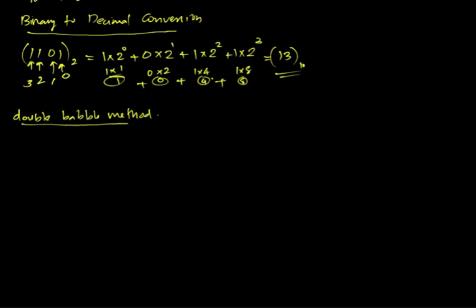In this method, what we have to do is double the first bit from the left, then add the bit right to it, then again double the sum,